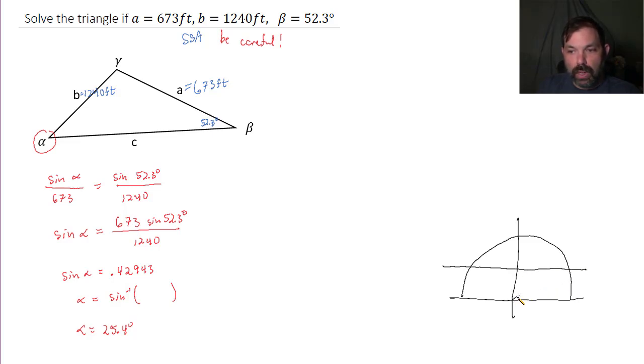There are two possible angles. Here's alpha 1, and here's alpha 2. So alpha 1 is 25.4 degrees, or alpha 2 is 180 degrees minus 25.4 degrees, and that is